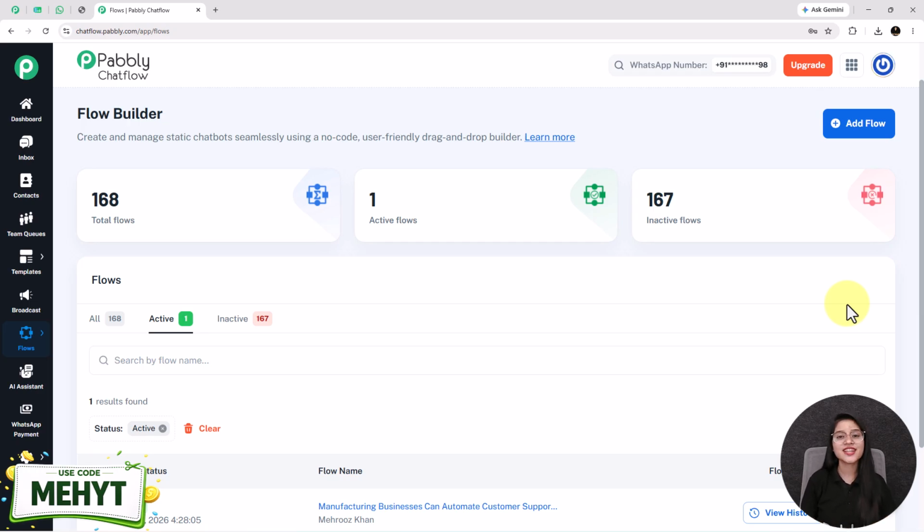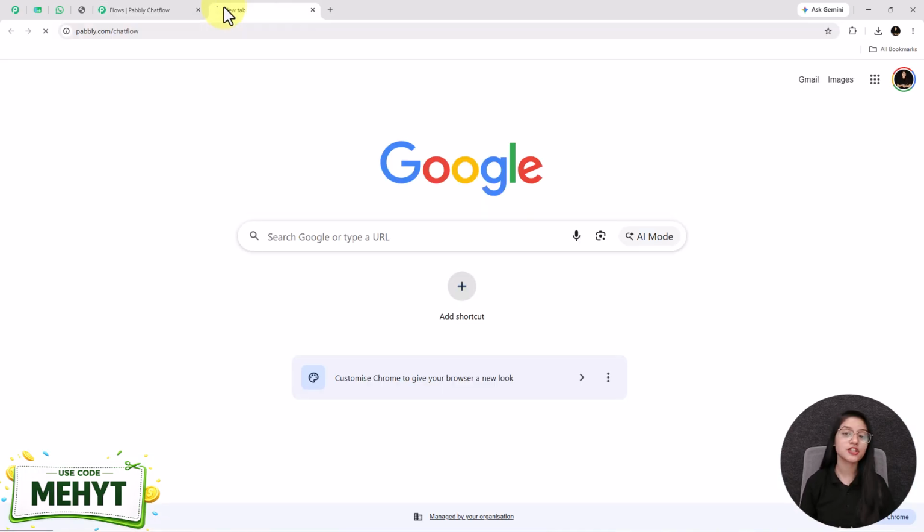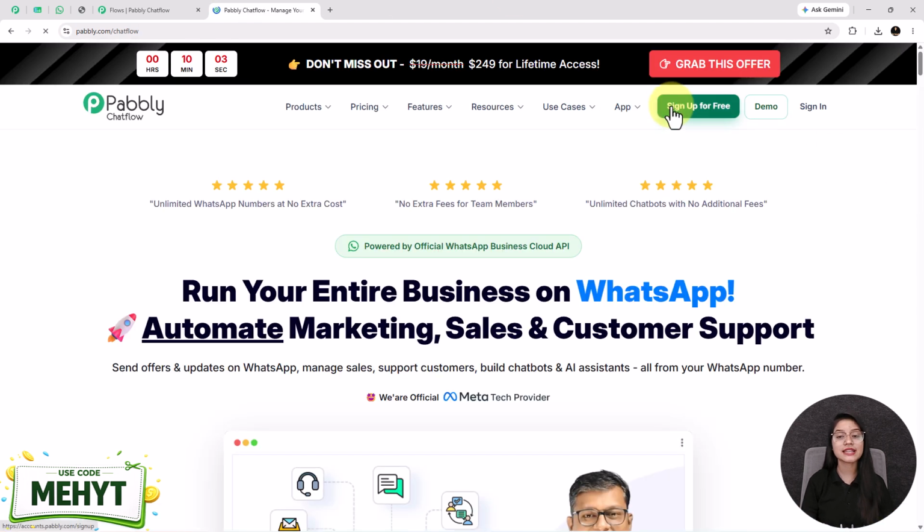If you are an existing user of Pabbly, that is perfect. But if you are not, then go to pabbly.com/chatflow and complete the sign up process. Once you do this, you will receive 100 free conversations every month to explore the software, which is perfect for